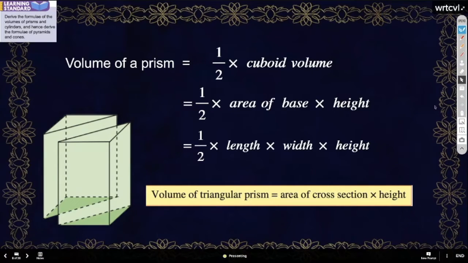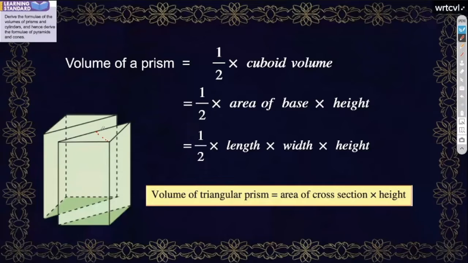This is the height. The height means that you have to find the height or take the given height. You have to take this one. This one is the length, then we have to take this value also, multiply, and one more is this one. But don't forget the 1/2. Tinggi di sini. So this is how you determine the volume of a prism. 1, 2, 3, multiply all the values, then divide by 2.